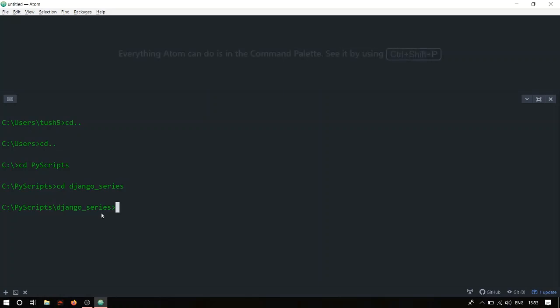So the command to, sorry, not install, to create your virtual environment, is conda create --name, whatever the name you want to give. I'm going to give series for now and put Django. Again, this command will be in the description box below so that you don't make any mistakes. Then hit on enter. Wait for a while until Django actually completes it.